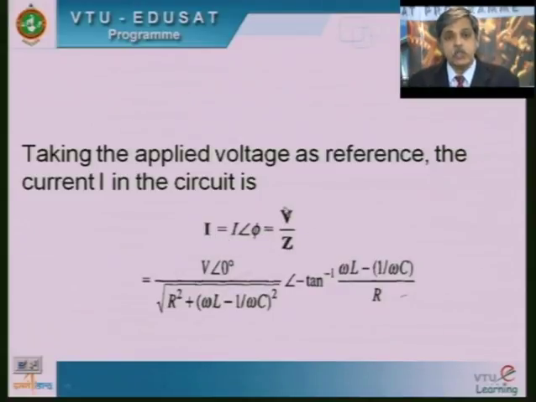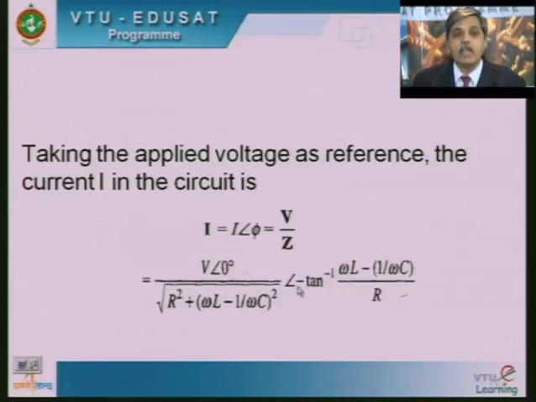Here I also bolded these two letters, which represent V by Z, since both V as well as the impedance Z are complex numbers, that is, vectors. When I take the magnitude of the current, I have written V here not bolded, since we take the voltage as reference, so the voltage V has a magnitude of V volts and an angle of 0 degrees. Now I divide this by the impedance, a complex number with a magnitude of the square root of R squared plus (omega L minus 1 by omega C) squared, and the angle of this impedance will be positive in the denominator.